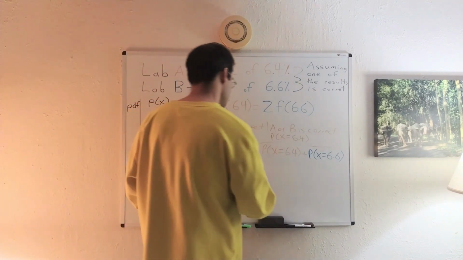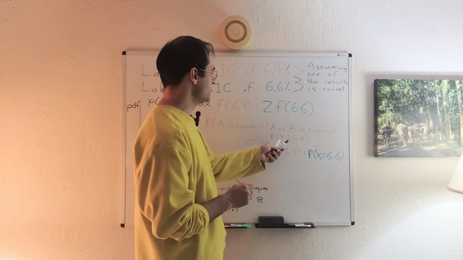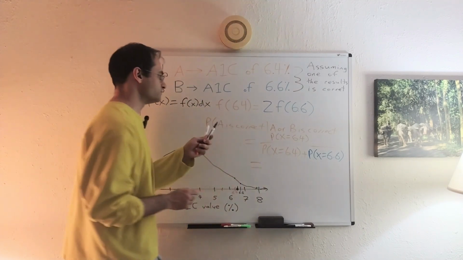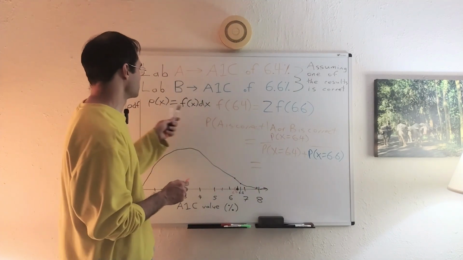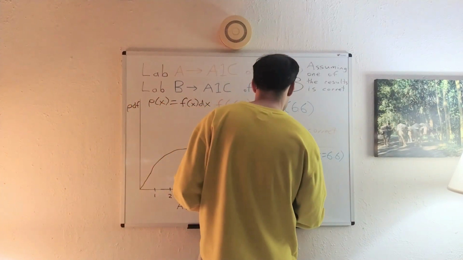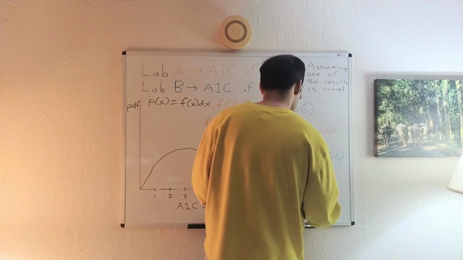Now we can say the probability that A is correct is the probability that the random variable is 6.4. That's just f at 6.4 times dx